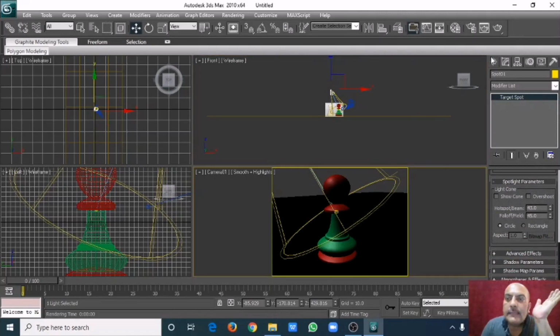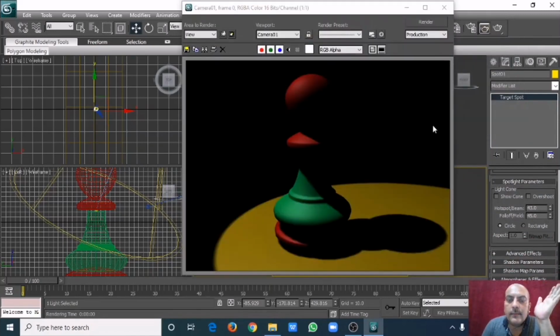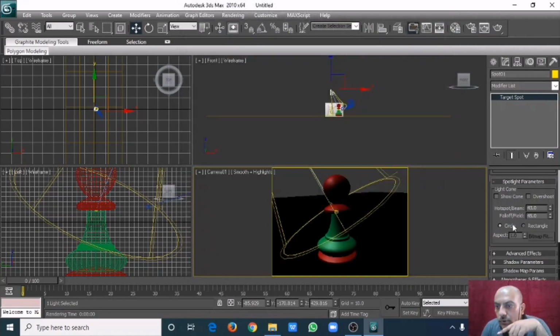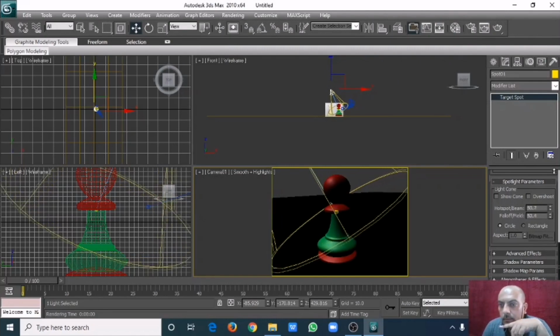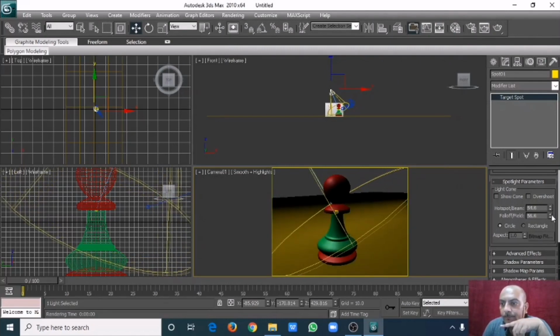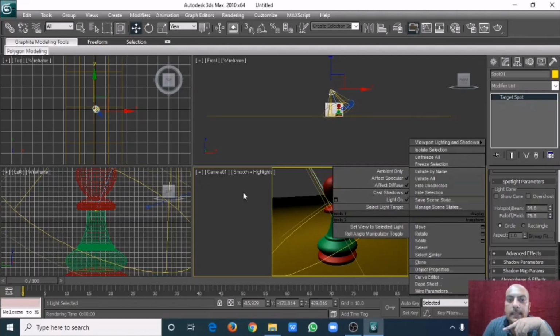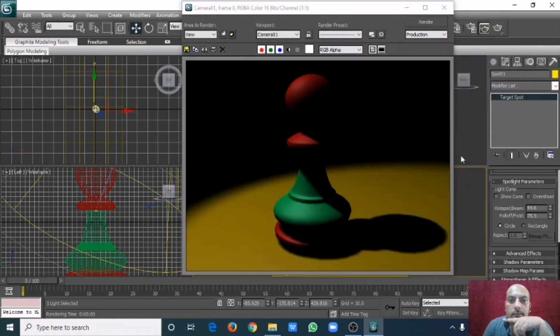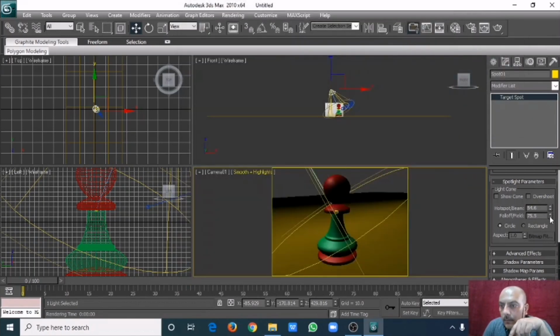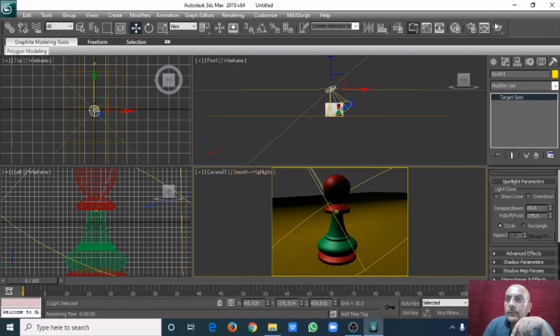See, right now what is happening, very hard surface, very hard light it is giving, right? But I want to make it smooth, so play around with hotspot. It will mix and fall off. It will mix the light. See, extend it further. Now